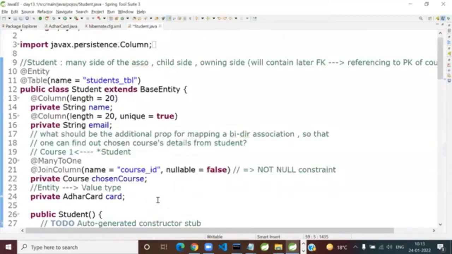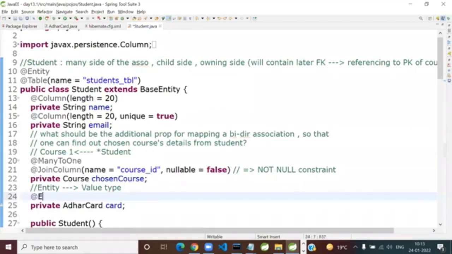And this is actually sufficient. But for understanding, not Hibernate's understanding but for your understanding, if you want to be specific that these are the embedded things. Okay, so here, see this. If it was one-to-one, we had given @OneToOne, @OneToMany. So here, there is an optional annotation, @Embedded.